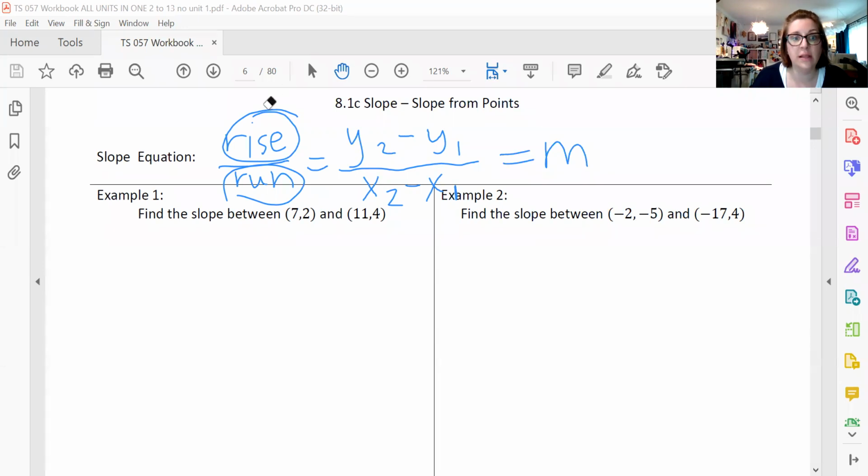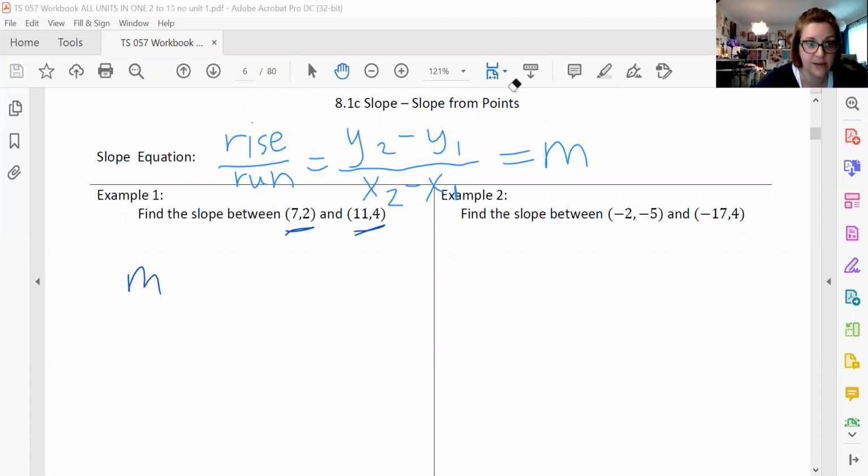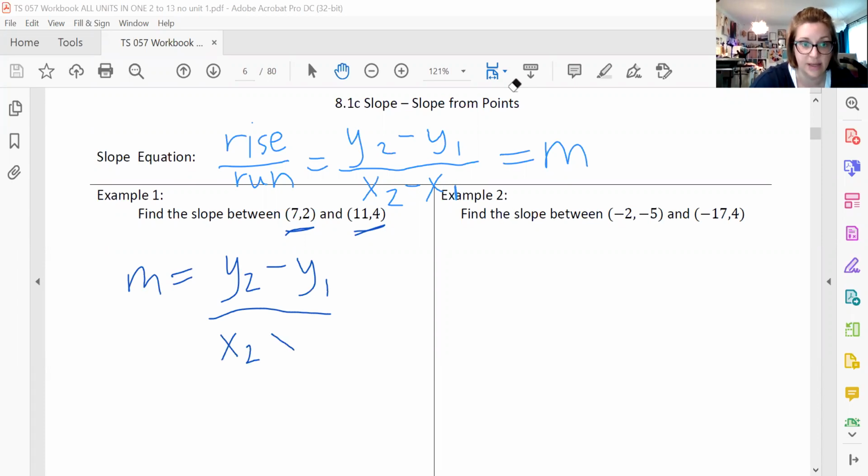Okay, so let's practice this and see if we can do it, because I know that we can. Here they've given me 2 points: 7, 2 and 11, 4. And remember my formula, M equals y2 minus y1 over x2 minus